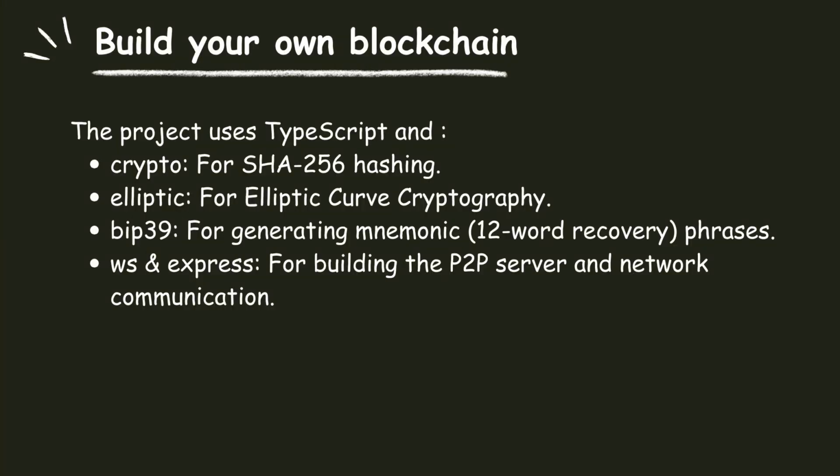We are going to use TypeScript for this project, and this project is going to rely on several key libraries. We are going to use the Node crypto library for hashing. We are going to use the elliptic library for elliptic curve cryptography. This is used in key generation and transaction signing, critical for Bitcoin and Ethereum compatibility. That is, it allows our blockchain to behave similarly to Bitcoin and Ethereum. We are going to use BIP39 for generating a mnemonic, which is a 12-word recovery phrase and a cryptographic seed